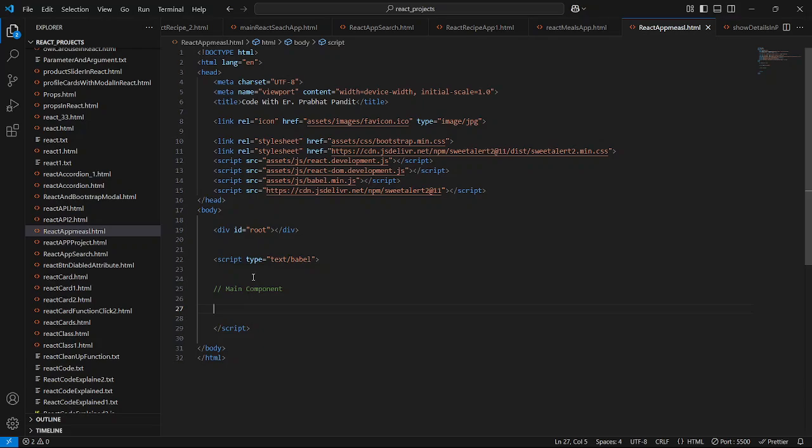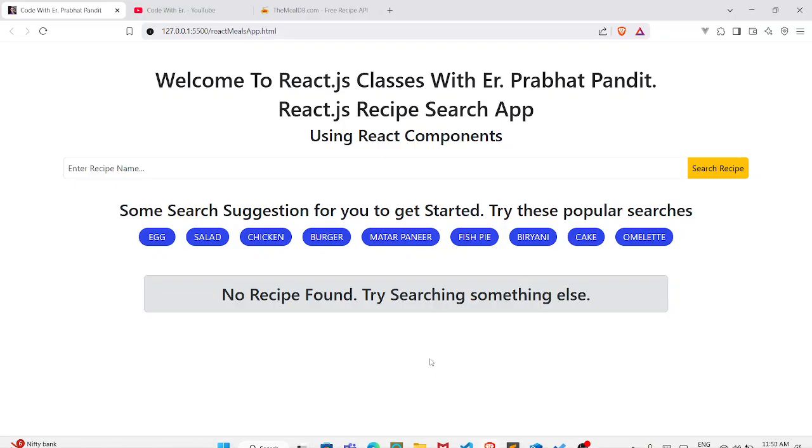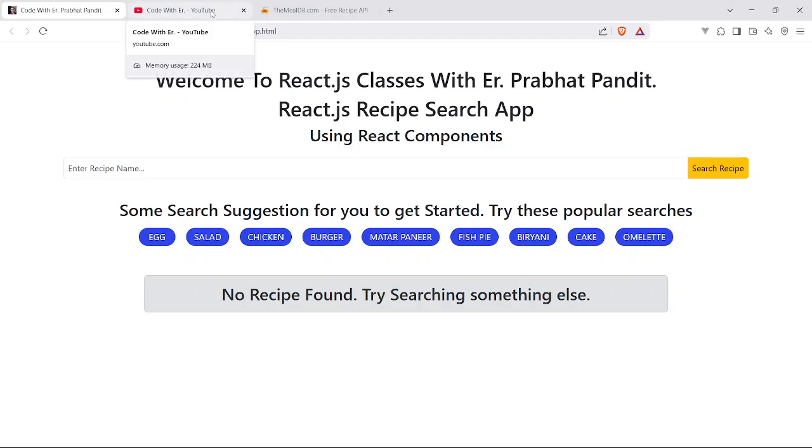Okay, so guys, I hope you know what a component is, and you know how to create custom components in React.js. You also know what props are, and how we can pass values from the parent component to the child component. Okay guys, if you don't know what a component is, how to create one, what props are, and how to pass props to the child component,